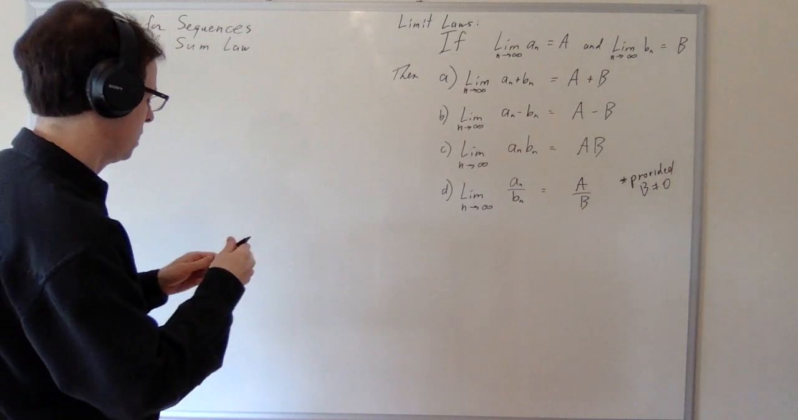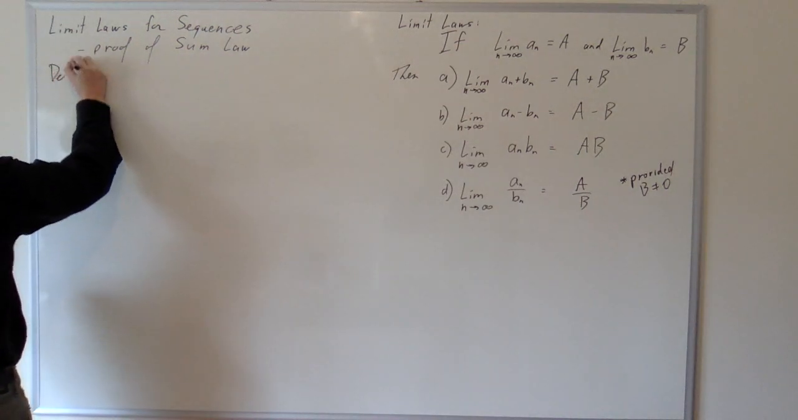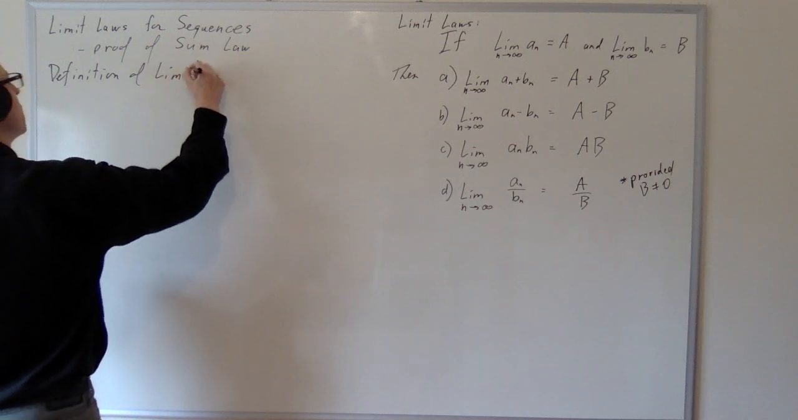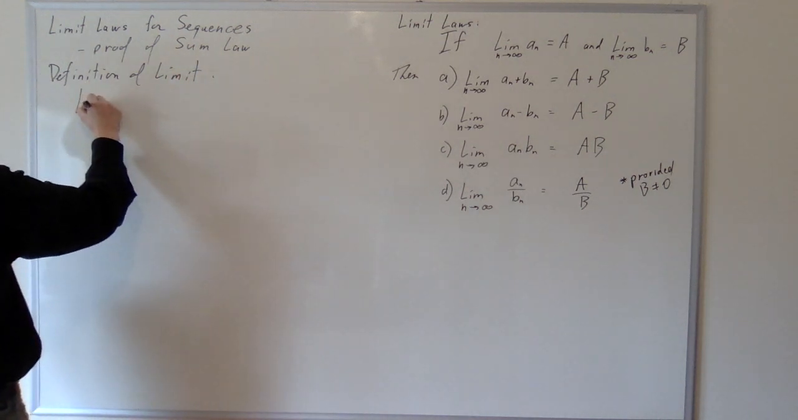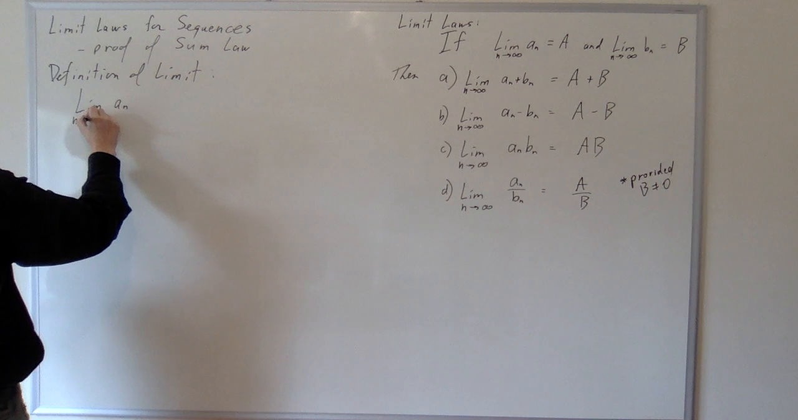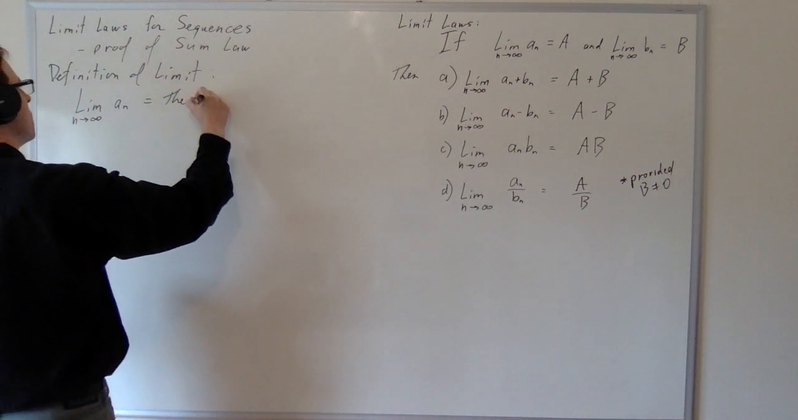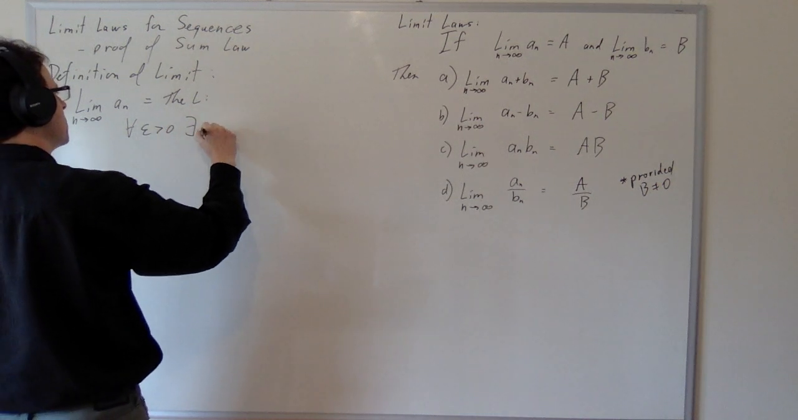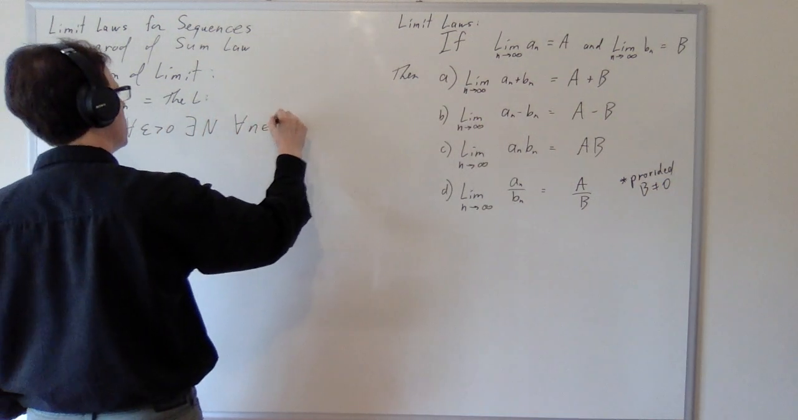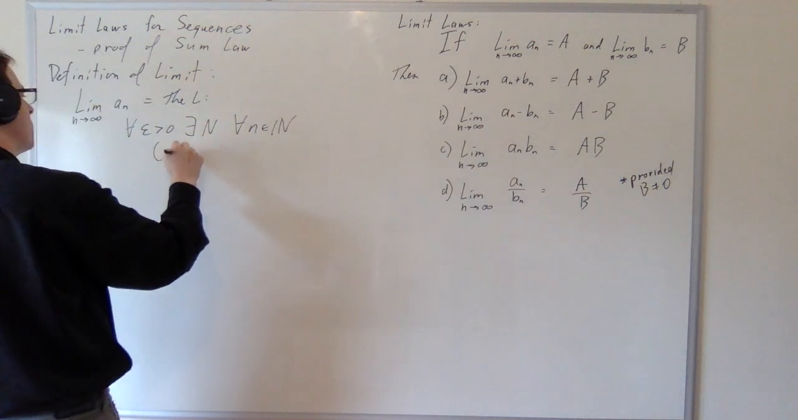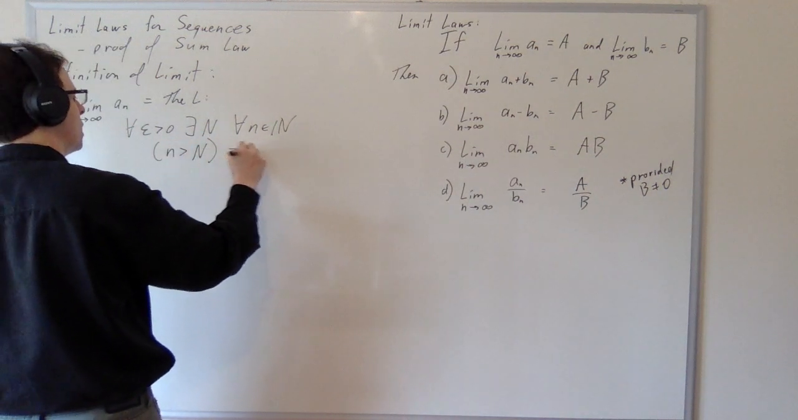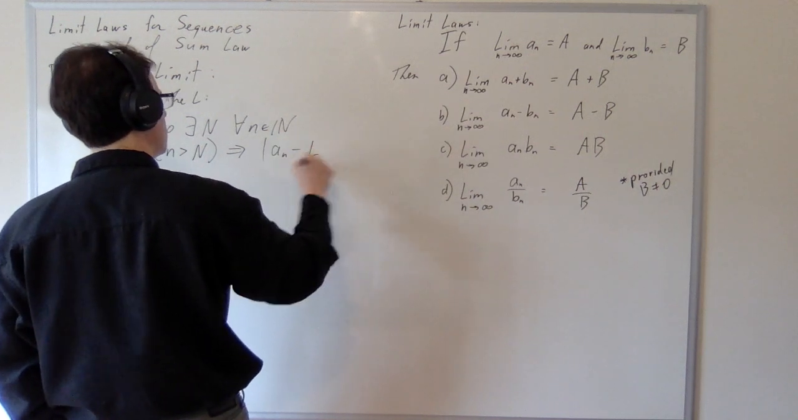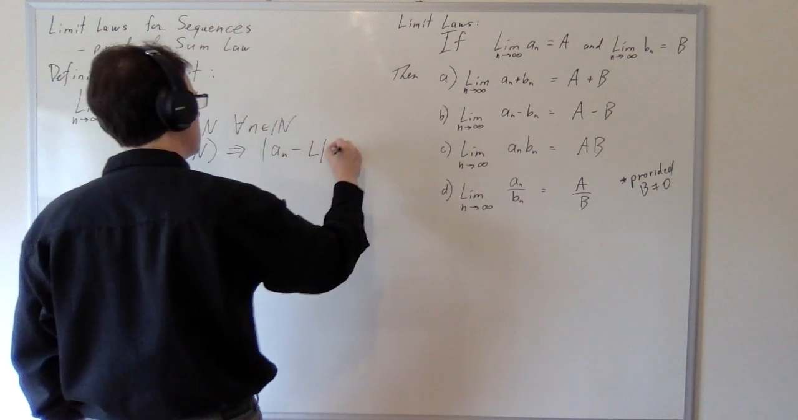Let's state the definition of the limit, because that's the only thing that's going to give us the power to do this. So the limit of a_n as n approaches infinity is the value L such that for every epsilon greater than 0, there exists a cap N such that for every n in the naturals, if little n is greater than cap N, then the distance between the term a_n and the limiting value L is less